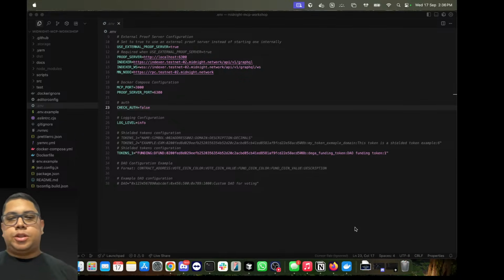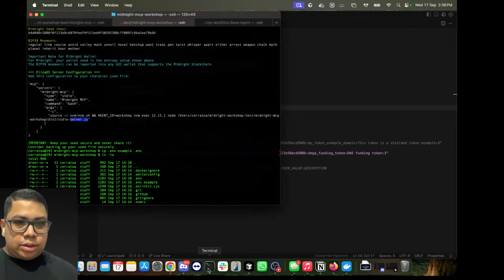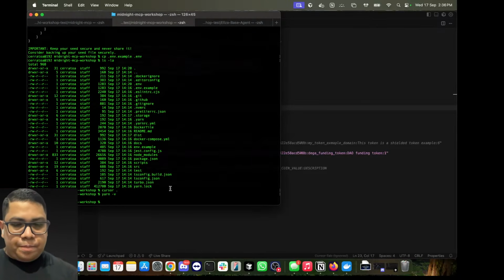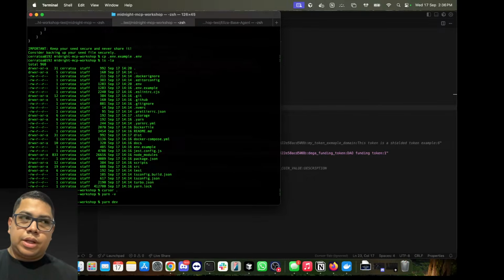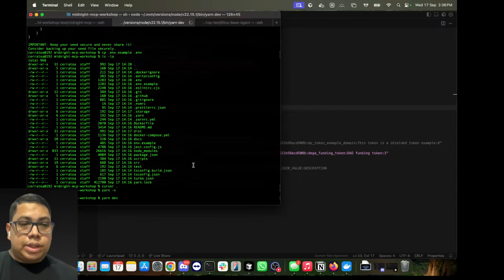Okay, so we have already explained the project. We have it set up, and let's run it then. It is only yarn dev. This is because we already have the ENV, right? So we have the agent ID, we have it in the ENV. If not, that's why you would notice